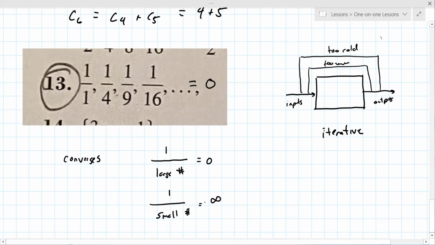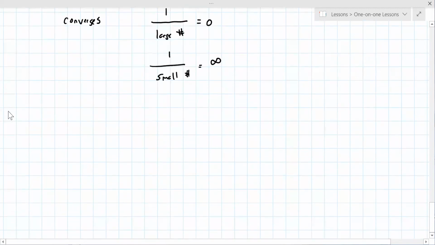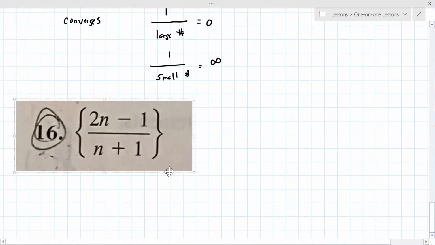So the second one I'm not seeing, but you can say that. So now 16 is slightly different, but you have several options here to try to figure this out. Like you can just write out a few terms to see if you can figure it out. You can also graph this. That's probably what I would suggest doing if you are comfortable graphing, or if you at least remember how to find